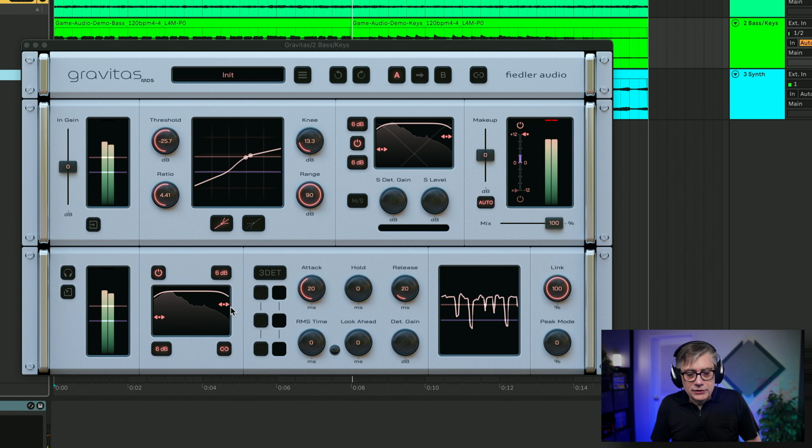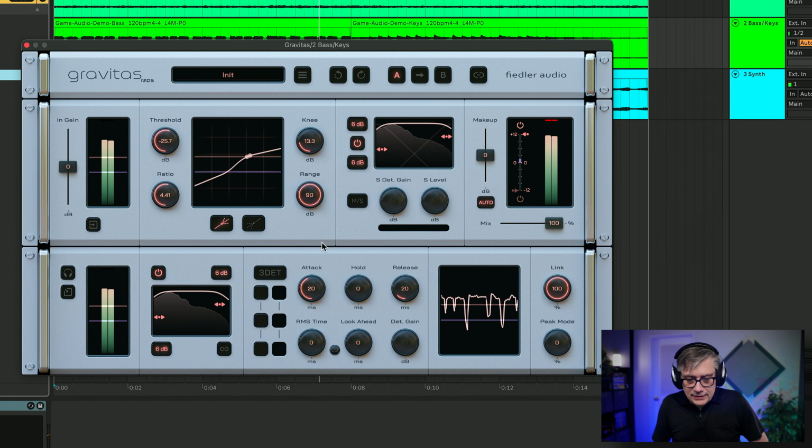Now note that by default, this filter is connected or linked with the overall filter of the compressor. That means that if we moved it here, we also move the signal that is actually being affected by the compression. But we can unlink that. So if I'm moving that back here and unlink that, I now have control over the compression signal or the detector signal alone, and that allows me, for example, to use only the low end in order to drive the compressor for the entire frequency spectrum.